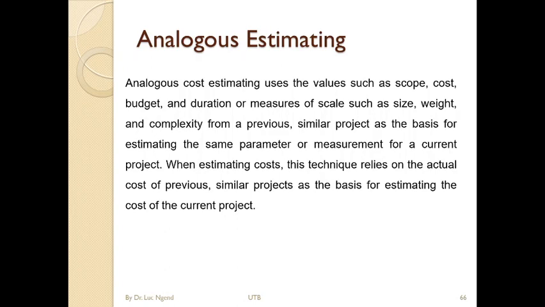Let's say you have built a human resource system for one client, and it costs like 50 million. Let's say it costs 50 million, and you have a similar organization requesting you to build